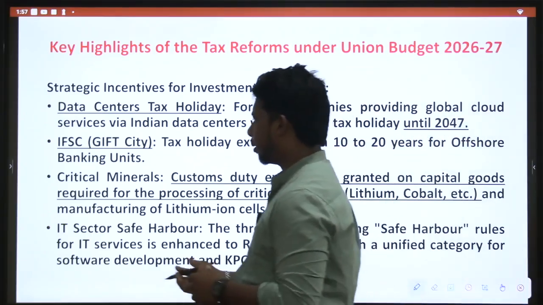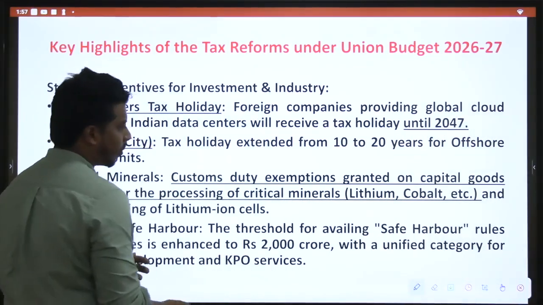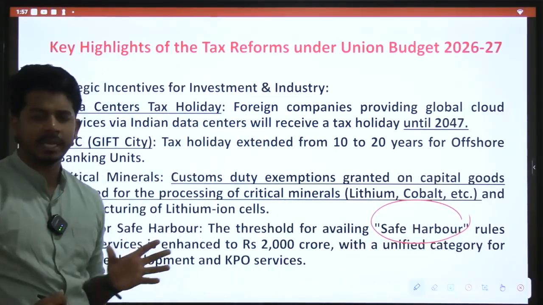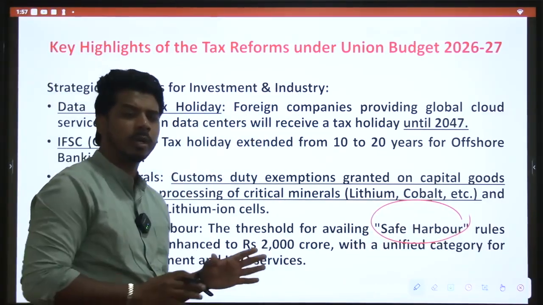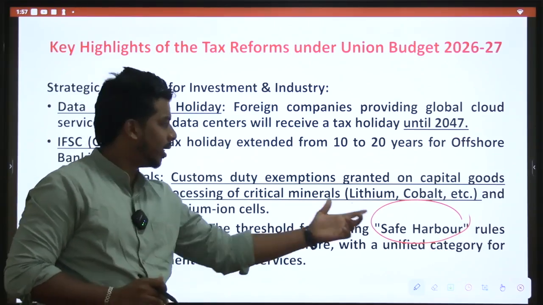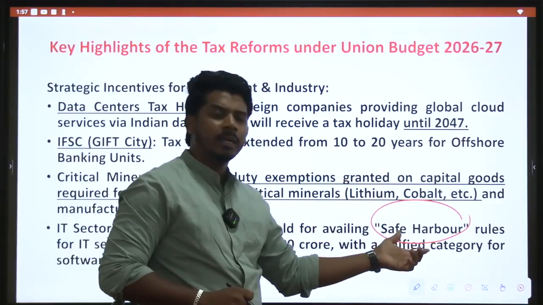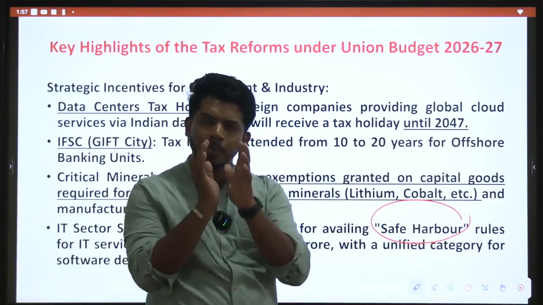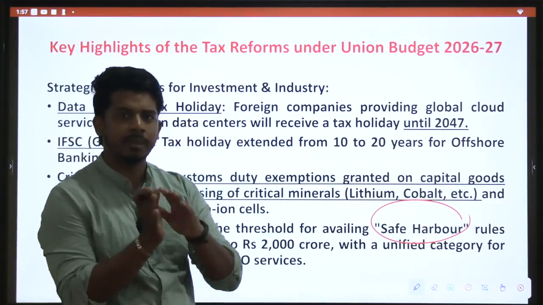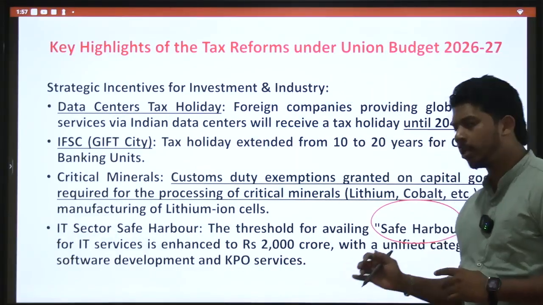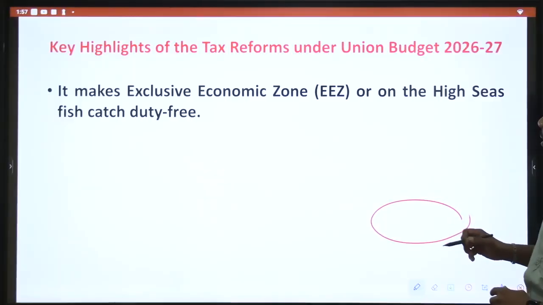Then there is something called safe harbor policy for IT companies. That means you report some basic income, we will not scrutinize you very harshly. Some IT companies take some safe harbor if they report their income properly. Okay, in some transactions, it is called safe harbor policy. So the threshold was increased for safe harbor policy. Then